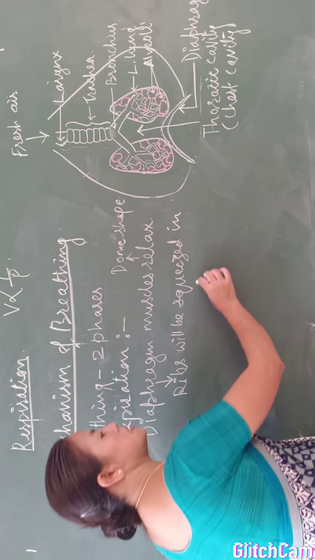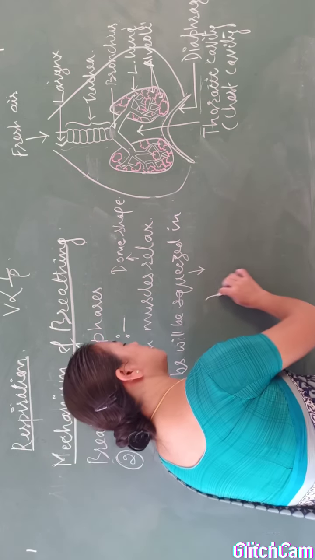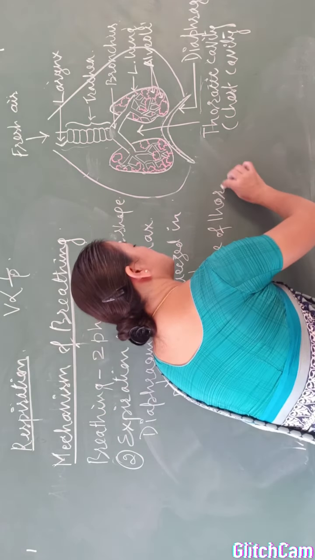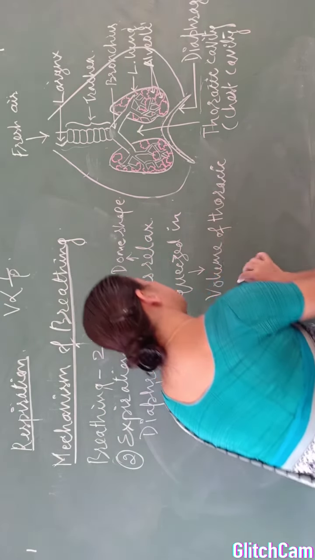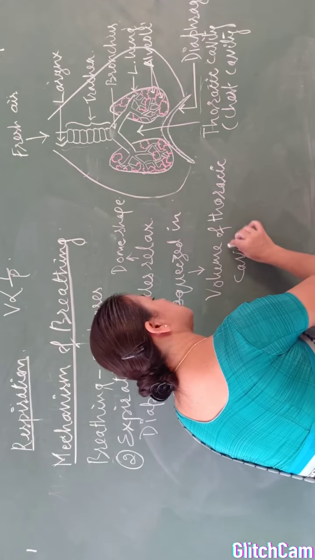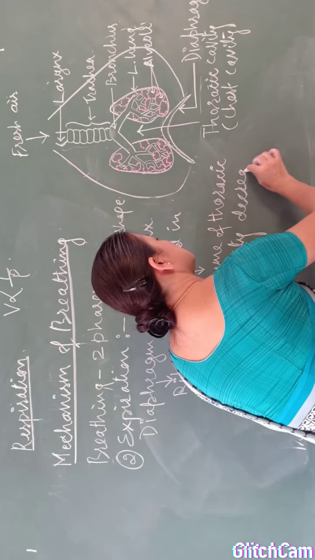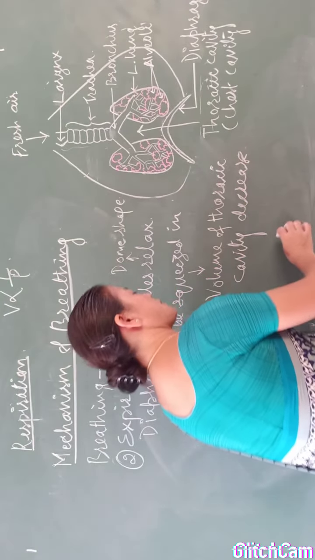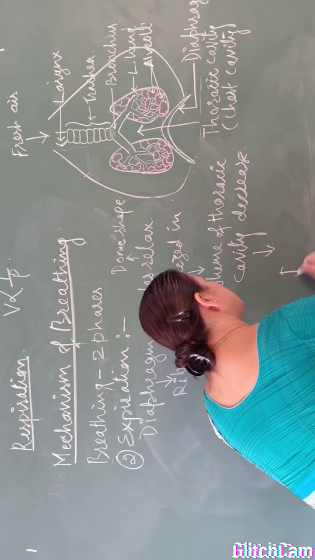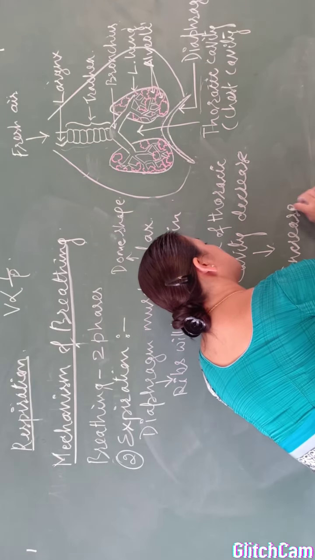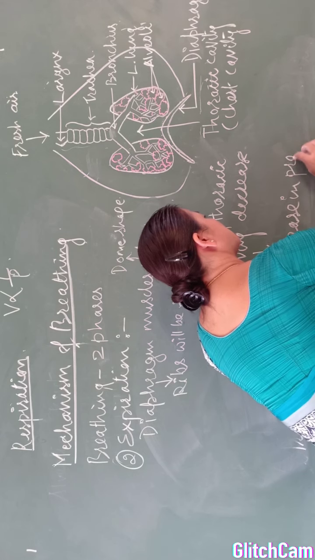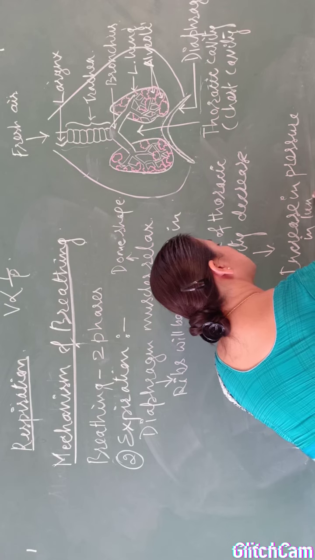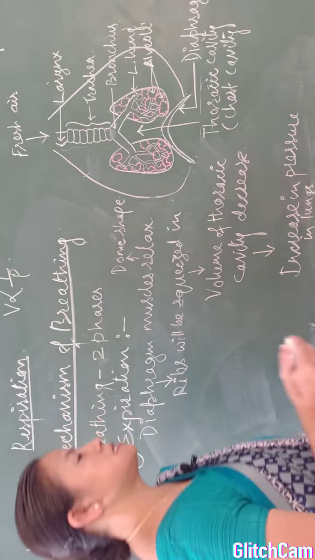When the ribs are squeezed in, what happens to the thoracic cavity? The volume of thoracic cavity decreases. So, if the volume decreases, what happens to the pressure that is inside the lungs? This will result in an increase in pressure in lungs. Now, why should the pressure inside the lungs